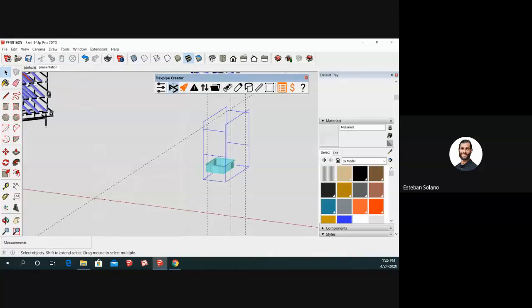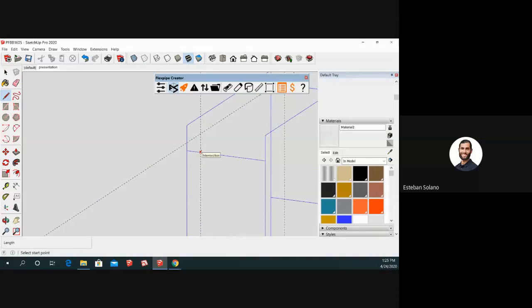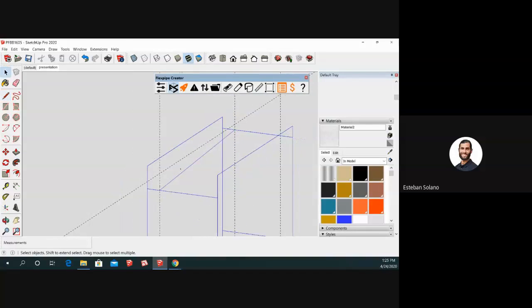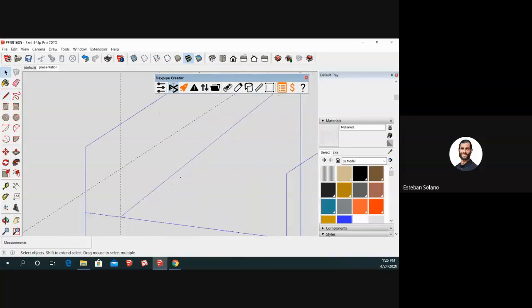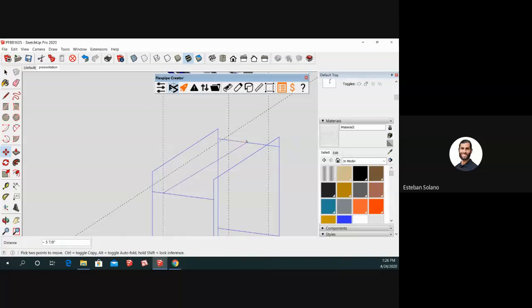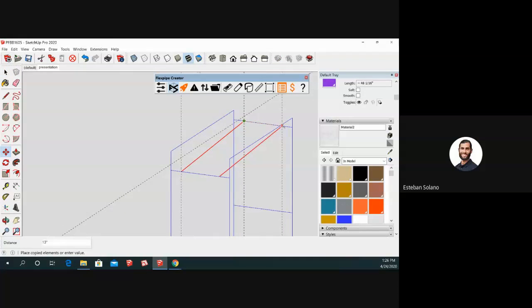And now I'm going to use that pencil line to connect from those guidelines where they intersect. So from that one there, I'm going to come up over to the other end. As you can see, we now have a purple line that has appeared, and that is exactly the color for the Flowrack conveyors. I'm going to make a copy of this, and I'm going to bring it over to that other